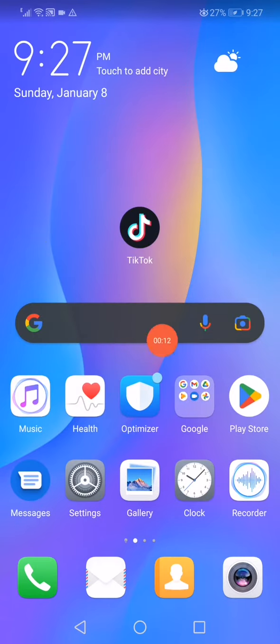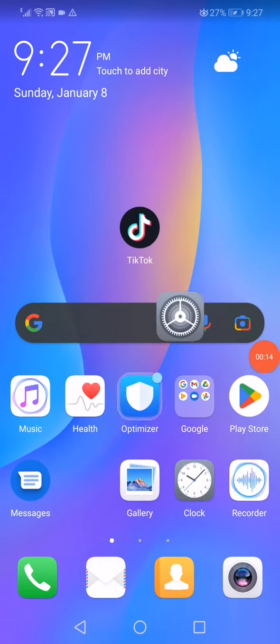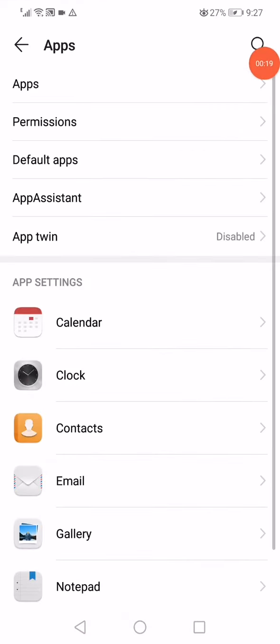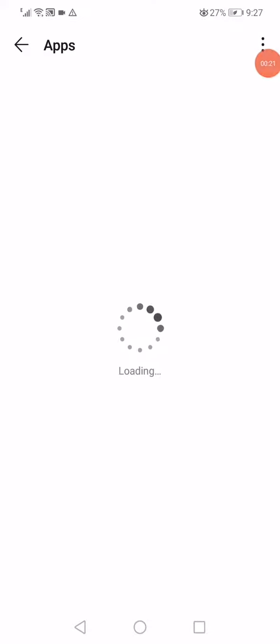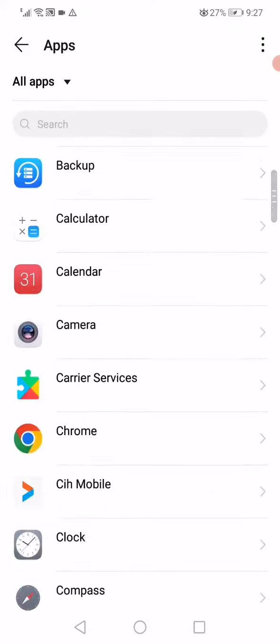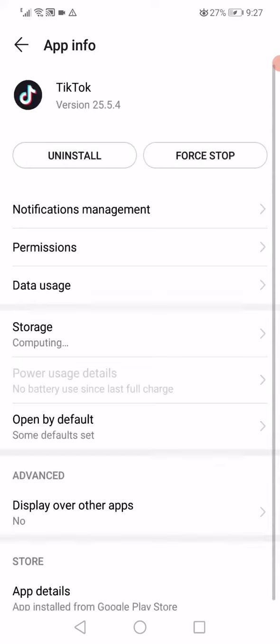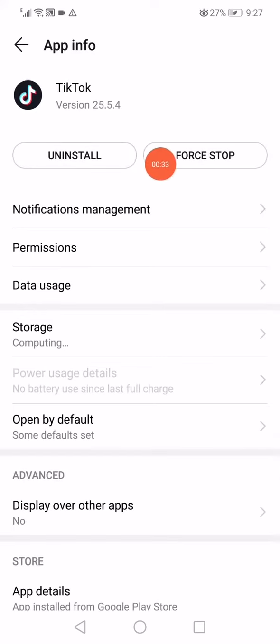The first way is you have to open the settings on your phone, open the apps manager, go to apps, and now on this page you will find all the apps that you have on your phone. So all you want to do here is scroll until you find TikTok and then click on it like this. And now all you want to do here is just click on the force stop option